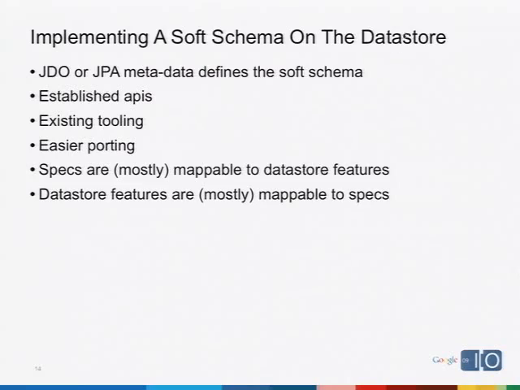Now what I'm going to argue is that JDO and JPA effectively give you a soft schema definition. How do I know that they do it? Well, if you've used pretty much any ORM out there, if you've used Hibernate or TopLink or DataNucleus, they all come with these round-trip tools that can take your Java objects that you've provided the metadata for and spit out a relational database schema based on that metadata, right? So if those round-trip tools exist, if there's enough information encoded in the metadata that you've provided to generate a relational database schema, there must be enough information in that metadata to define the structure and the constraints that your application expects.